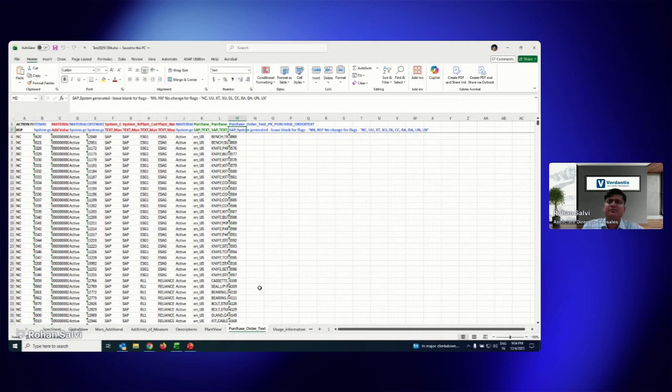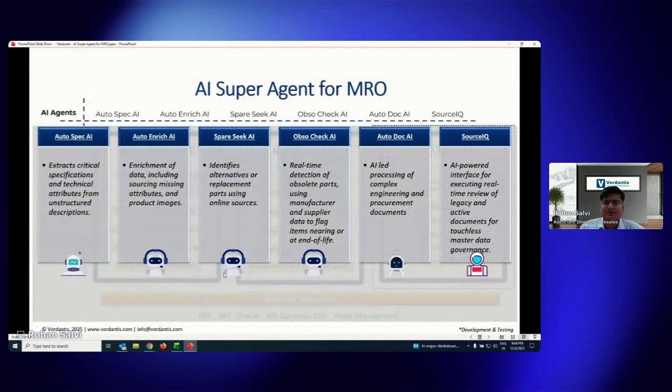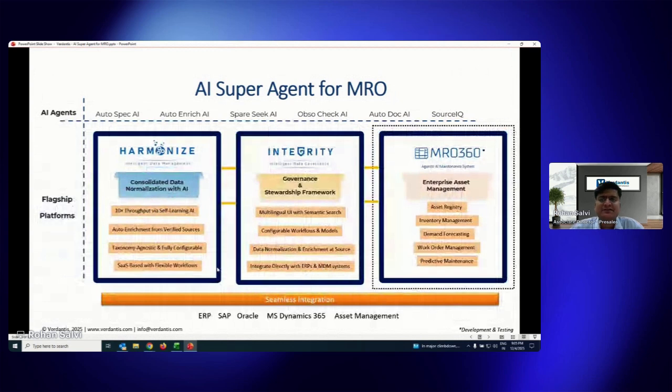So I'll just close this mass import file now. I think on the key aspects of the functions that we were looking to cover today, we did manage to address all of those. Again, from a use case perspective, Harmonize looks to satisfy the use case of getting the legacy data to a quality, reliability, accuracy where it needs to be, giving businesses good vision from a reporting standpoint, allowing businesses to make the right decisions at the right time. Integrity, on the other hand, is a platform that is able to govern and maintain the quality of data that has been established.